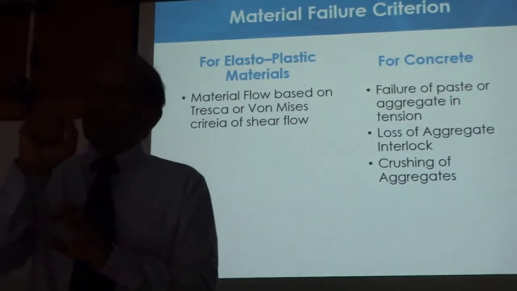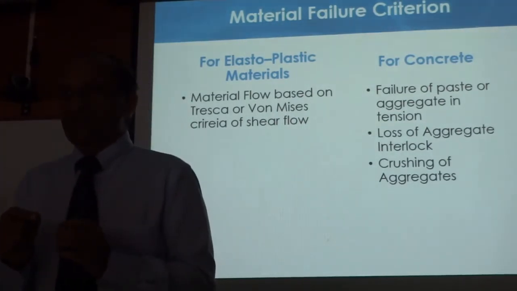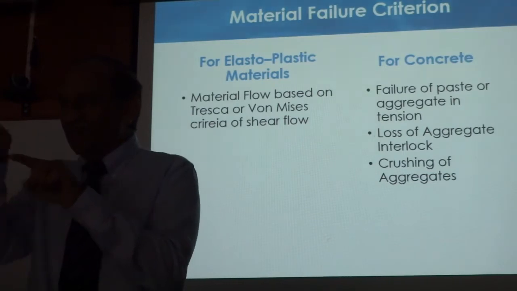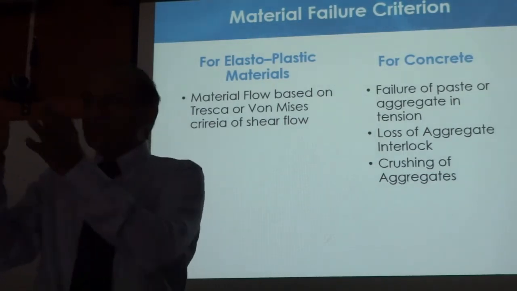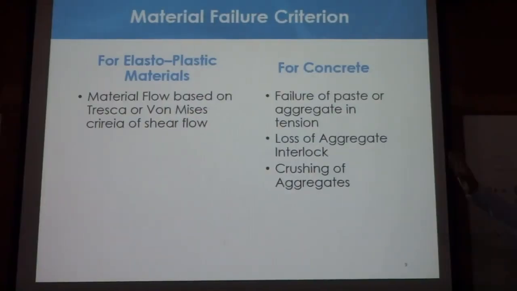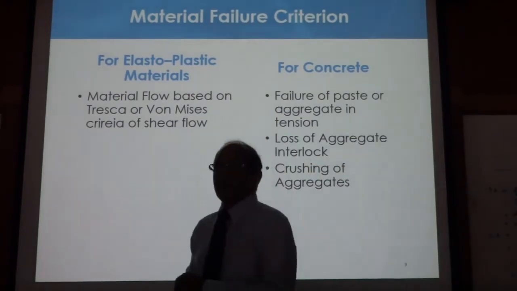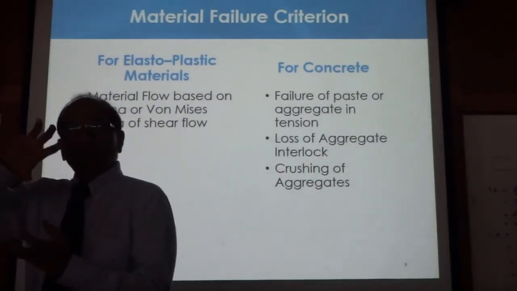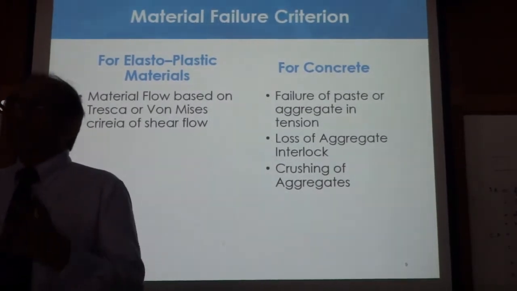So you cannot find the failure of the material based on only one of the stresses, and you cannot combine them like the elastic theorem. If you combine this stress and that stress and that stress, it doesn't happen that way directly. But that is for elastoplastic materials like steel. We cannot use those criteria for concrete because for those materials, in all directions the stress capacities, the properties, are similar.